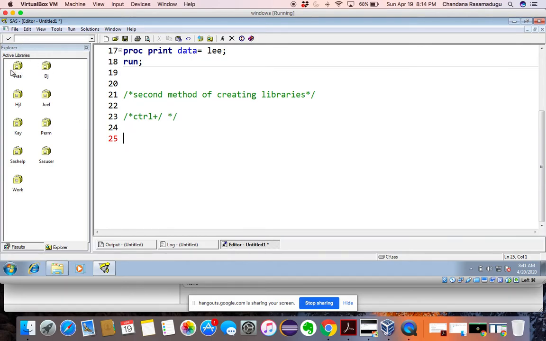If you end this session, you won't be able to see this AAA folder automatically. Why?